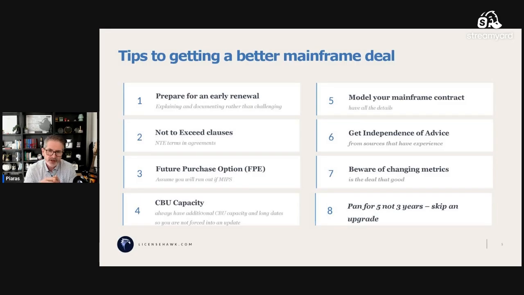And it's not just going to be down to MIPS consumption. It's not going to be down to the hardware, the refresh cycle. There's going to be many other things. You're going to be talking about support agreements. You're going to be talking about the communications, the upgrade options, the spec of the drawers. There are so many items that are all knobs that can adjust the price of your mainframe contract, both on hardware and software, that you need to be modeling out and at least asking the question, what is the impact